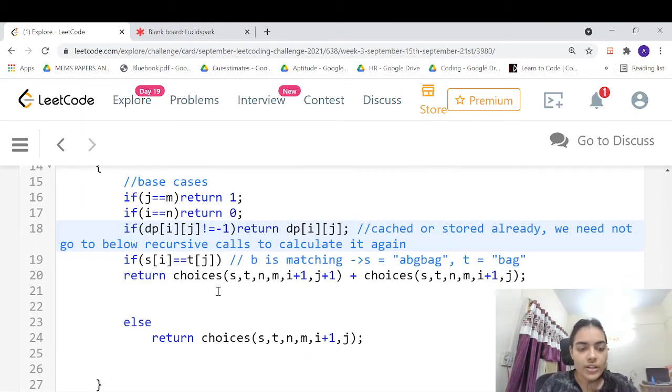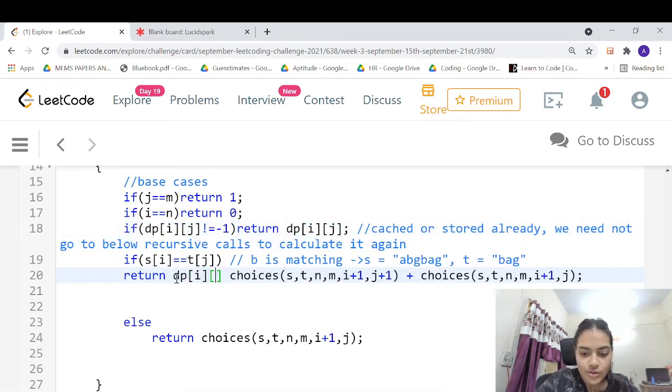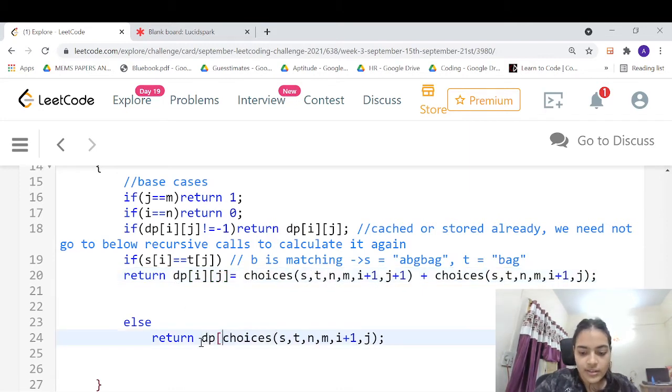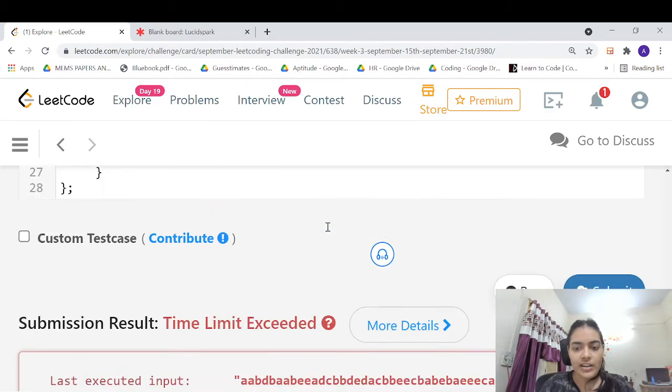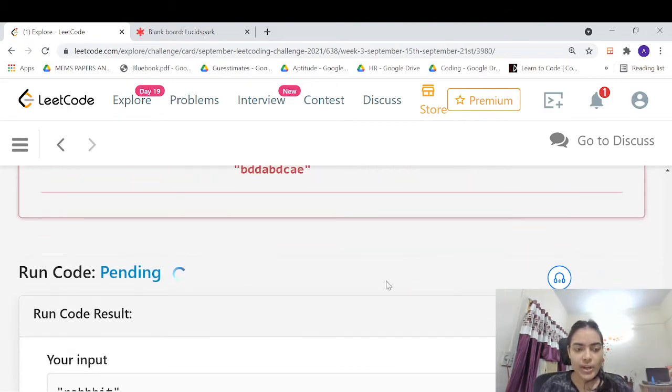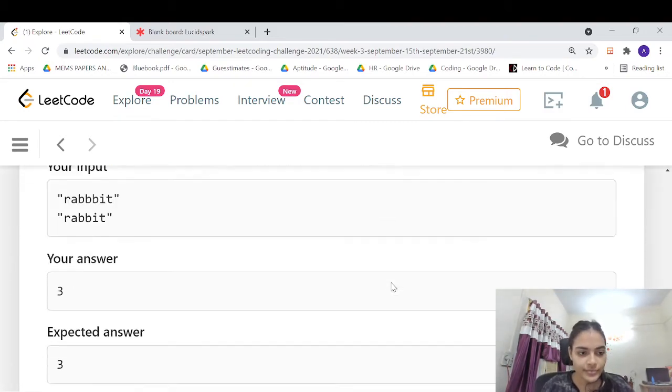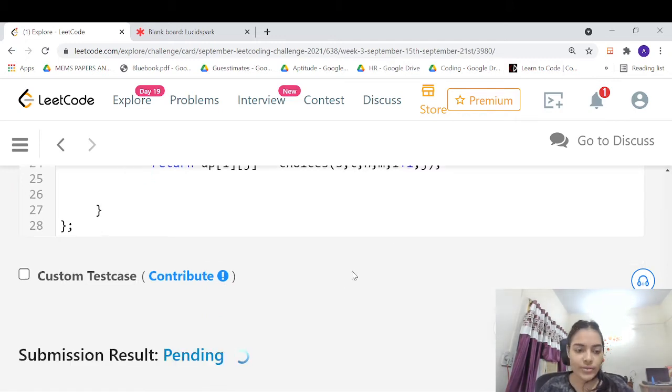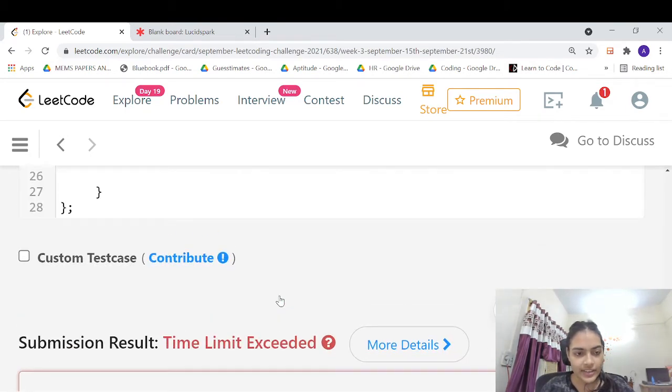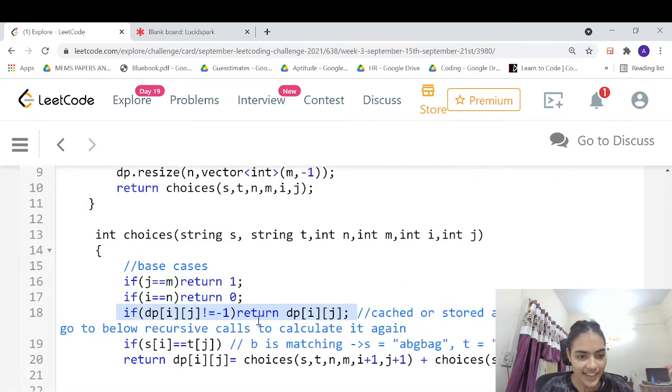Okay. Now, how do we save it? So instead of simply doing return, I will also save it. So save here. That's it. Very minimal changes to the recursive code. Instead of simply giving return, I have just added these two words here. That's it. And I have added this if condition here. Now let's try to run and see if it is working fine. So it's fine. Now let's submit and see if it is going to get accepted. So it is still giving the time limit exceeded error.